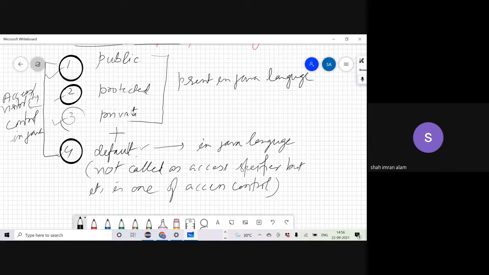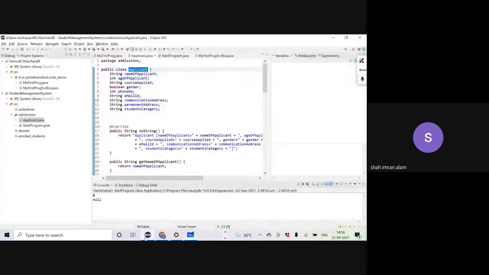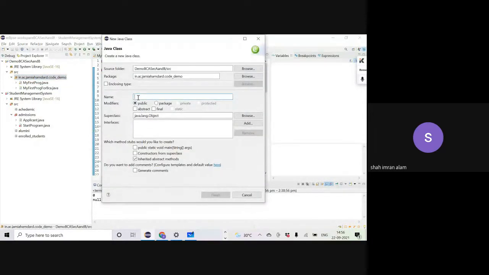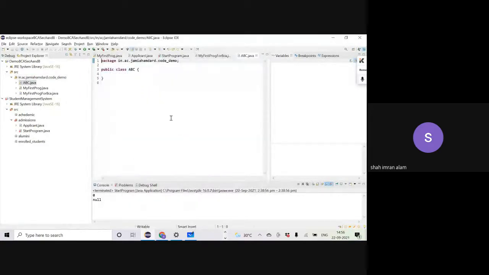Now let's go to the code directly and try to understand what they mean in the code. Let me create a new class; say the name of the class is ABC. A class may have variables, let's say integer x, boolean b, or even a string reference variable str.